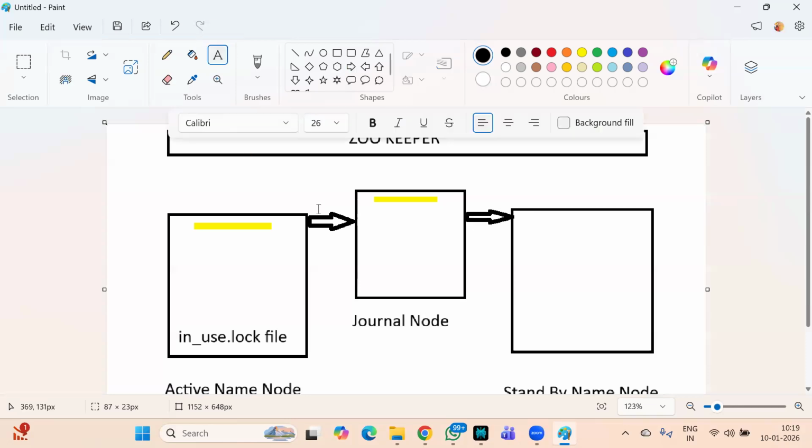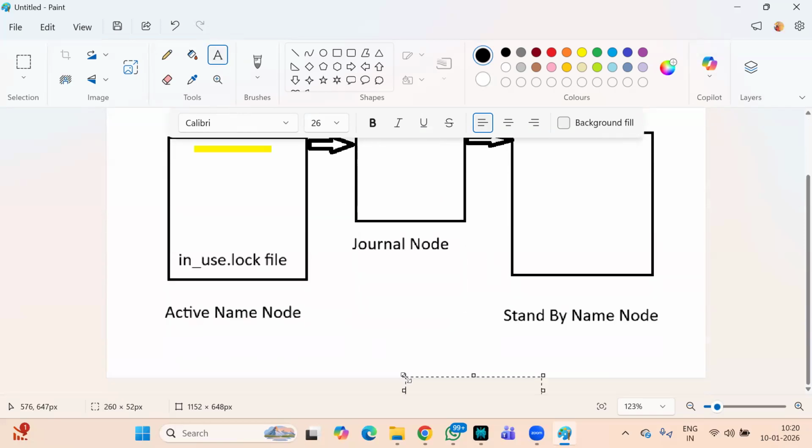Every 1 hour, this is write. You get to know, right? Why am I writing it? So the logs will be written to the journal node, and it will be read by the standby name node. And same concept, exactly the same concept. Every 1 hour,